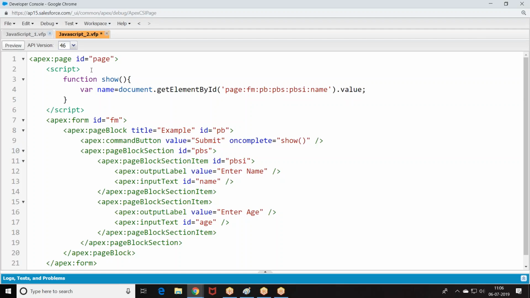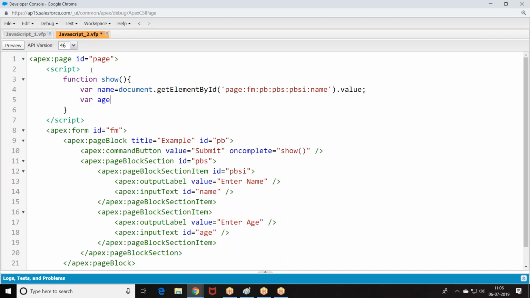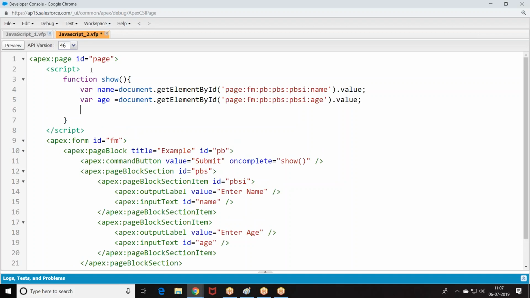In the page we have a form, in the form we have a page block, in the page block we have a page block section, in the page block section we have a page block section item. Now how do you read the age? Document.get... this is how we got it. Now I want to print it.